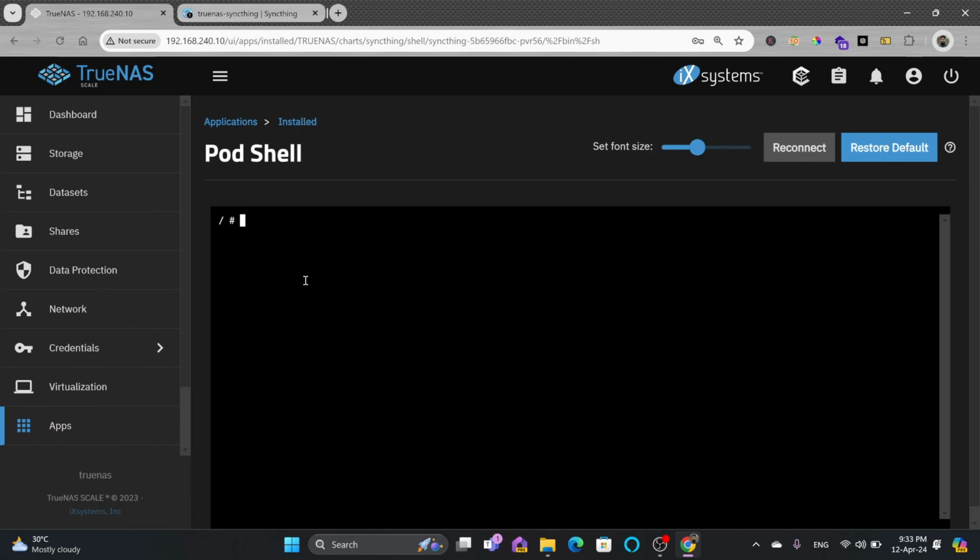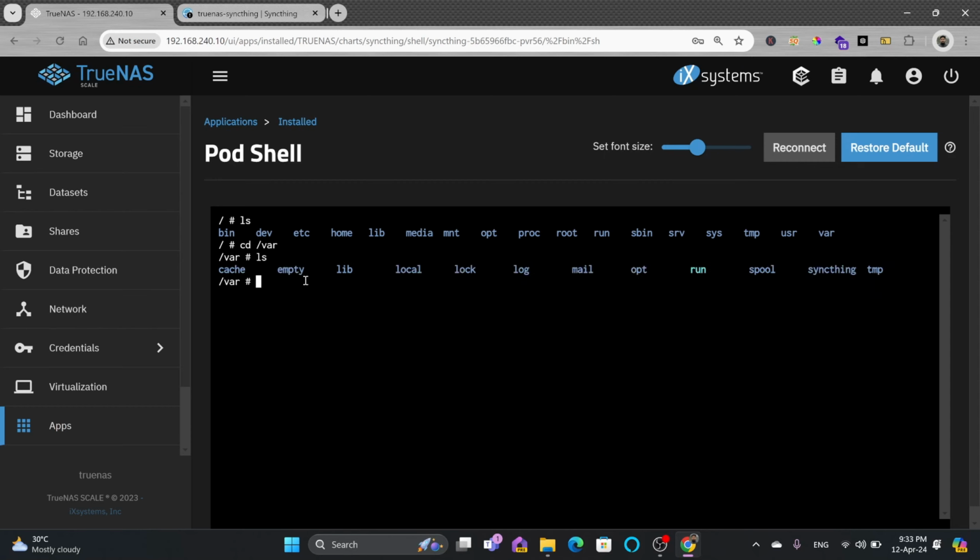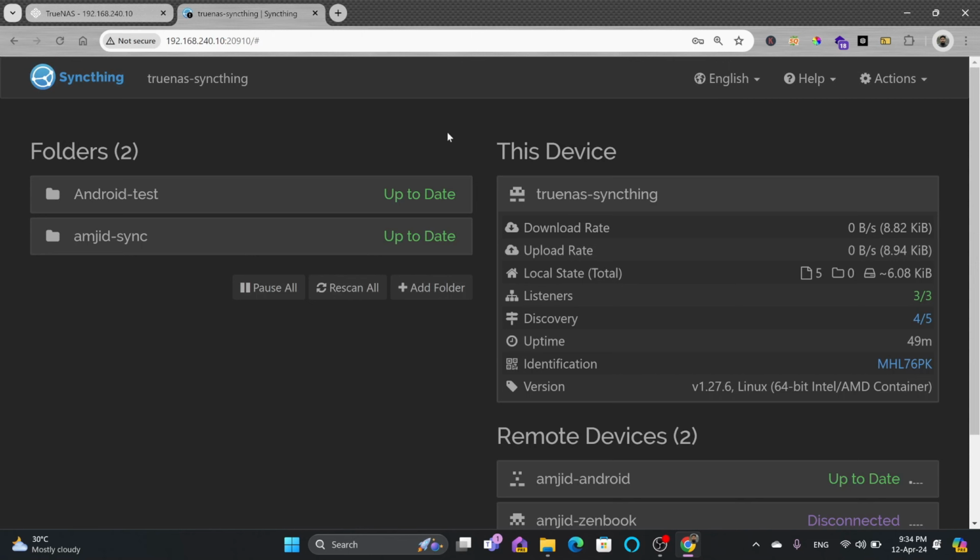So here I'll go to PowerShell again and look at the list of files: cd var, then cd Syncthing, and inside Syncthing we have the Android test folder which is available. So cd Android test. This is synchronized from the Android phone to TrueNAS. Similarly, we can even create a folder on our laptop also, so the data will be synchronized from the Android phone to the laptop. Here on TrueNAS you see the folder which was created on Android test,